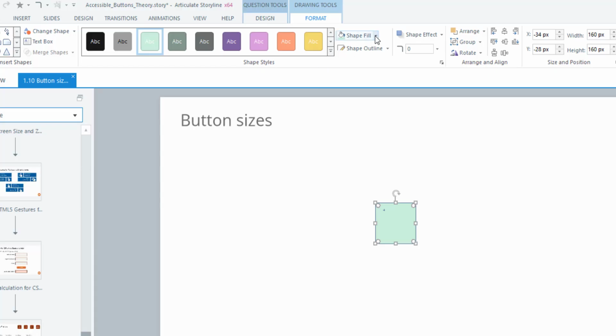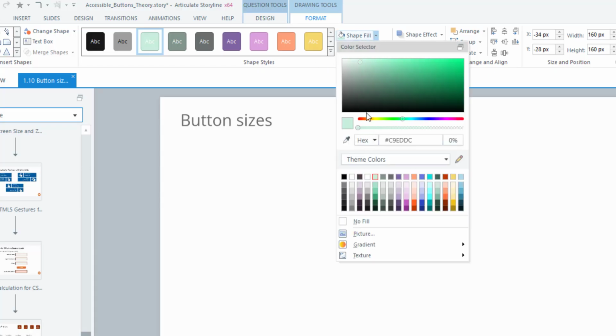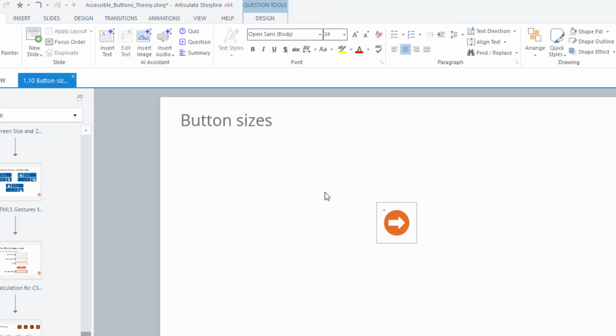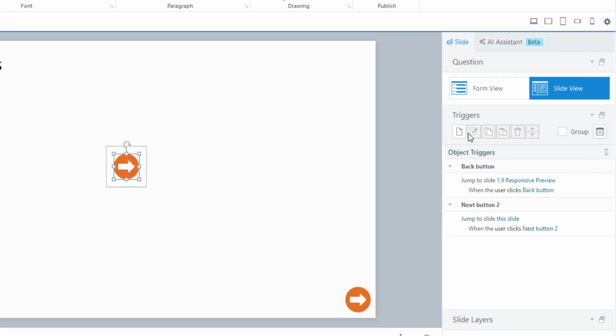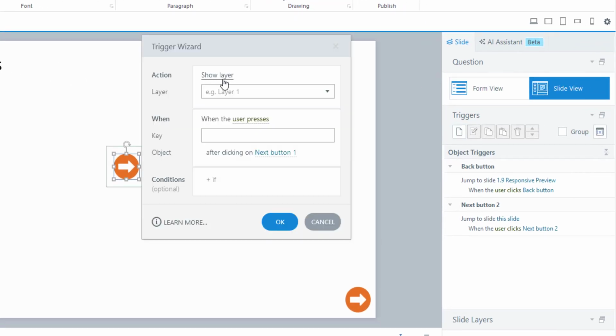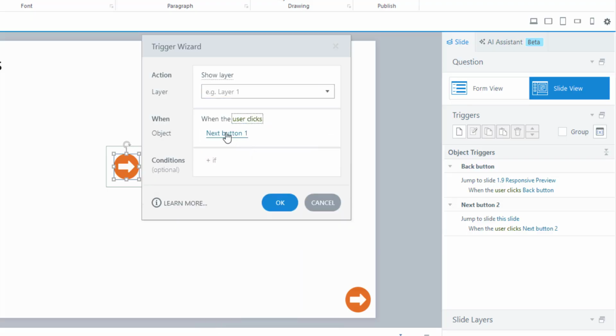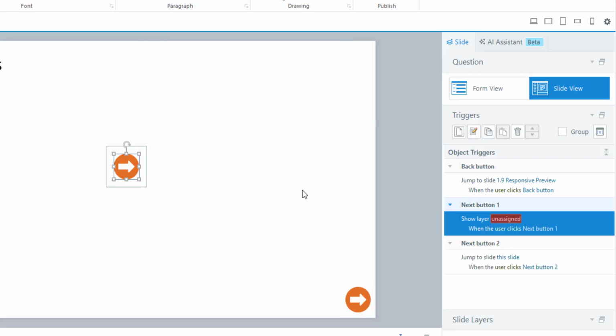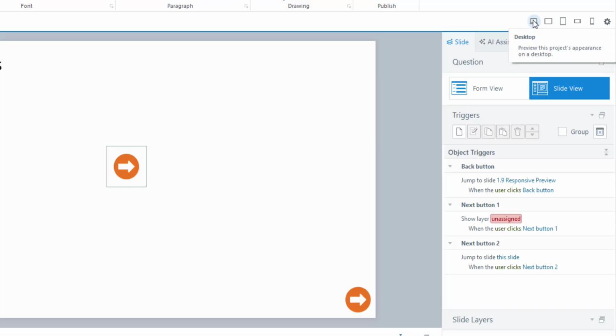And I'm just going to make the shape transparent. So just click on your shape fill, drag it all the way to there, or you can type the number in here. And as you can see, that's now our little box. And I'm going to leave the outline just so that you can see what's happening with that. So I'm just going to say show layer when user clicks. Oh yeah, this button, I should have renamed it,